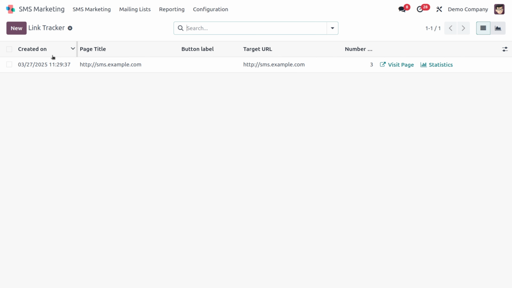You can see the date and all the details about the link here, the page title, the title of the page, the button label, which means the text displayed for the link in the SMS, and the target URL, which means the actual web address of the link. And here you can see the number, which means the number of clicks done by the customers.